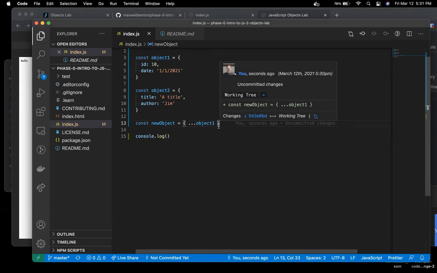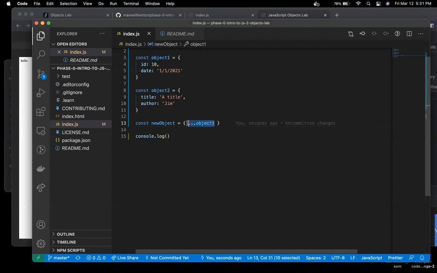It makes a clone. What this is actually doing is taking this object and deconstructing it into its key value pairs. So by writing dot dot dot object, we're effectively writing that. We're saying it's this, and this should be the same thing. So this is just taking this object and taking all the keys and values out and putting them in